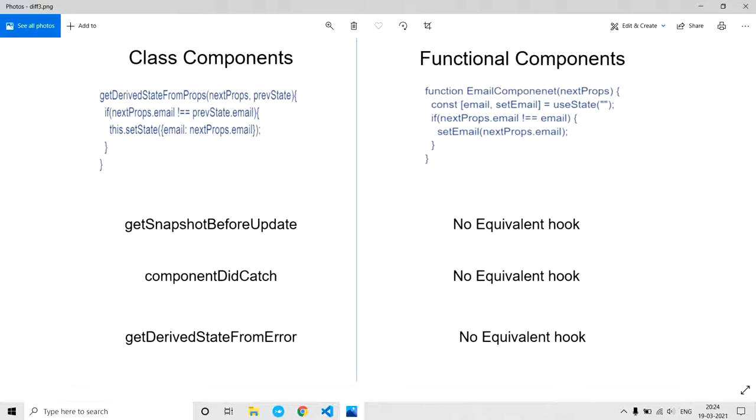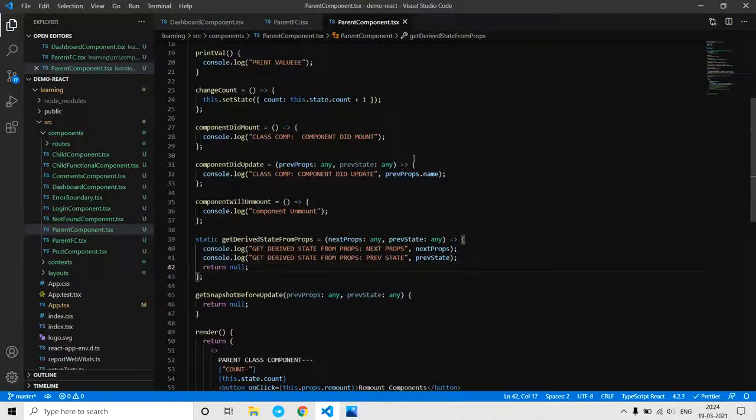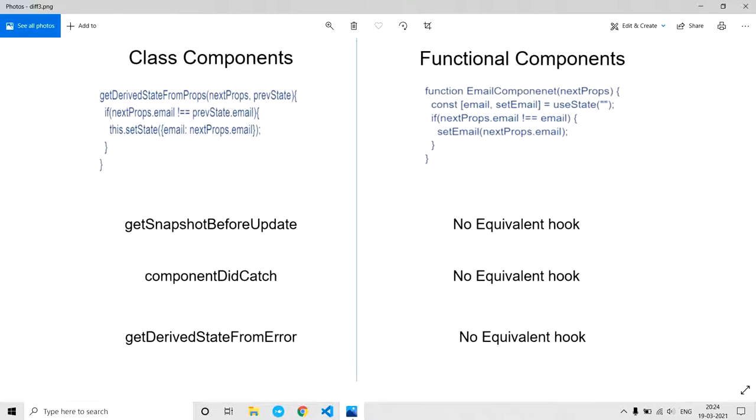If you want to observe the prop changes and update the state, we have to use this lifecycle method. It is pretty simple. I'm not going to write all this code in the functional components. This is something which is getting called during the initial render and even after component updates.